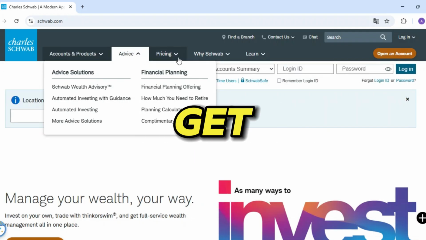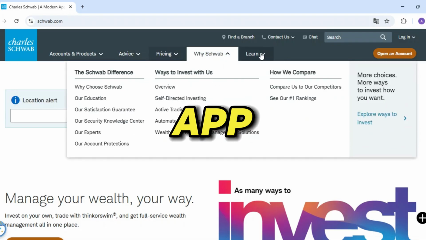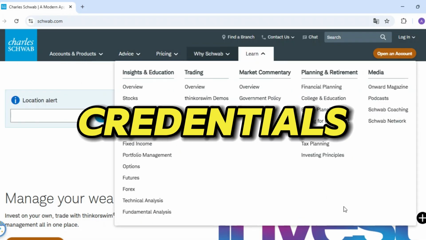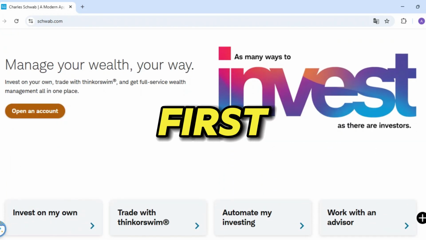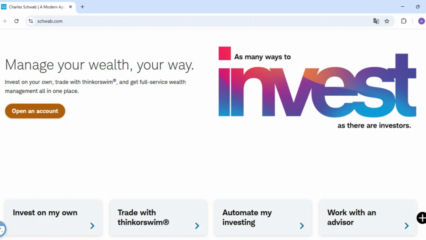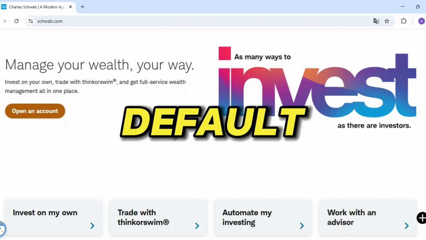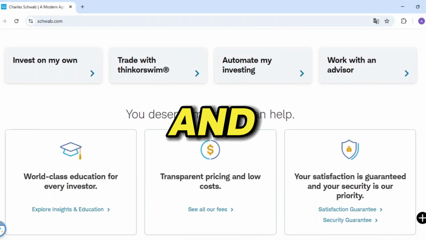Here's the simple way to get started. Download thinkorswim for desktop or the thinkorswim mobile app. Log in with your standard Schwab credentials. The interface is highly customizable but can be overwhelming at first. Spend time in the Learning Center within thinkorswim itself. Start with the pre-built workspaces like Default or Option Trading, which organize charts, watch lists, and order tickets in a